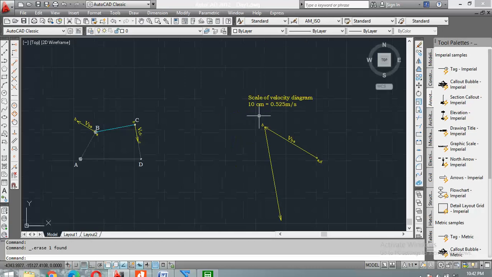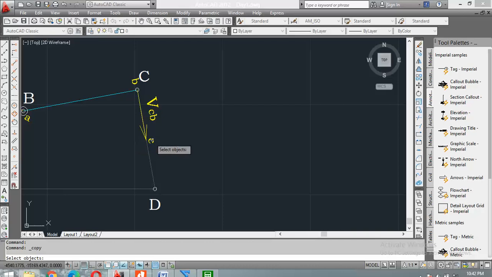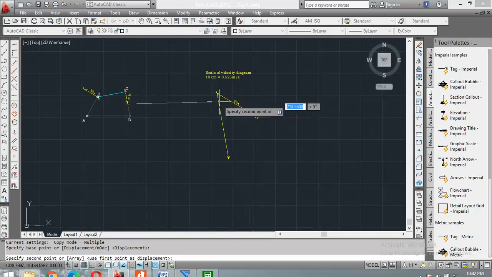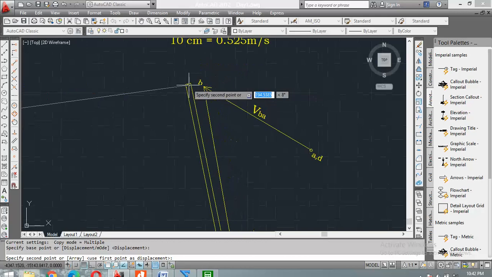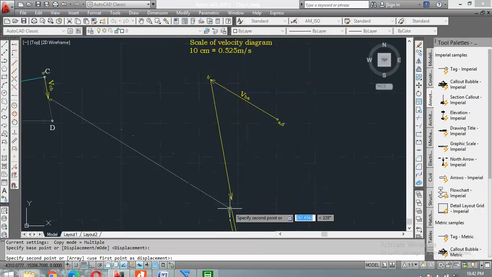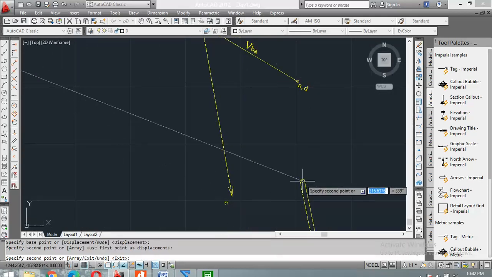Okay, but whatever be the extension, we know that at the end I have to mark point number C. Okay, because this vector represents velocity of point number CB, and we shifted by picking point number B. B यहाँ पर जोड़ा, हाँ, तो C end में आना चाहिए. So I am marking C point here.